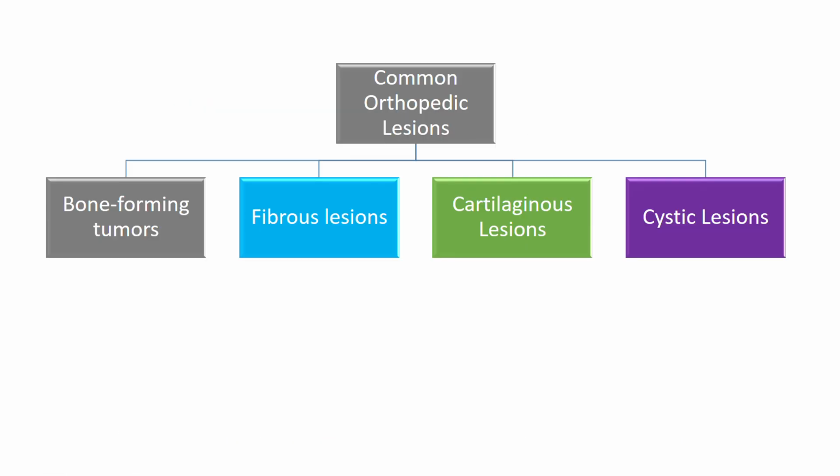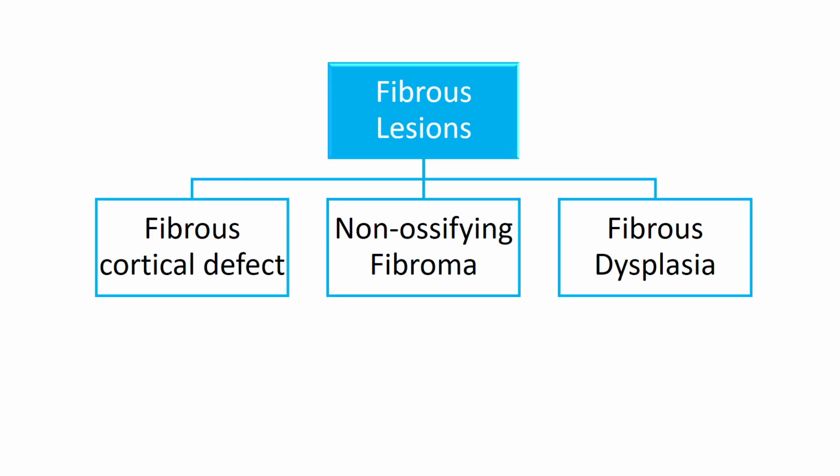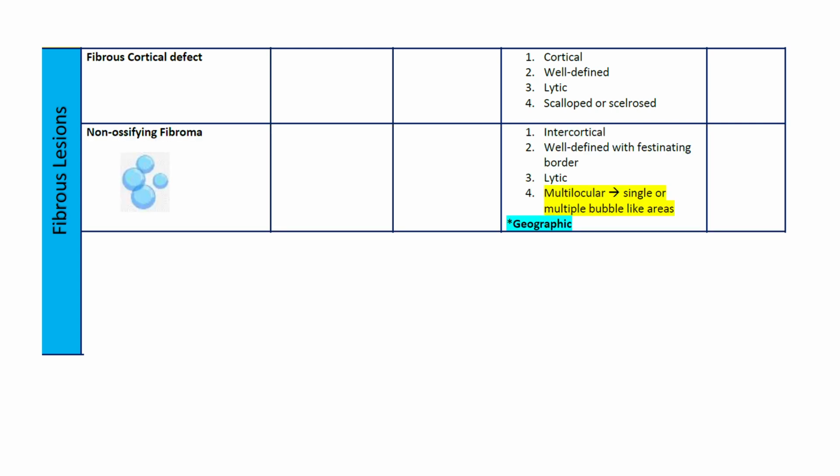Now let's move to the fibrous lesions. In the fibrous lesions, we also have three main lesions. Number one, fibrous cortical defect, non-ossifying fibroma, and fibrous dysplasia. Fibrous cortical defect, as its name implies, occurs in the cortex. It's well defined, usually lytic, and the margins are scalloped or sclerosed. We don't have to go through much detail on fibrous cortical defect at the undergraduate level, as